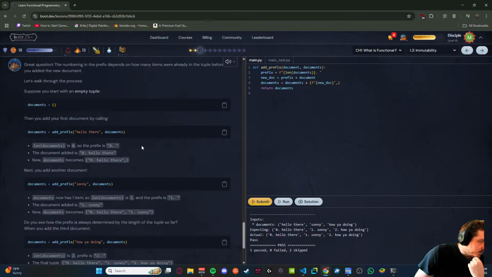Let's walk through the process. Suppose you start with an empty tuple. Then you add your first document by calling documents, add prefix. The len of documents is 0 at this point.